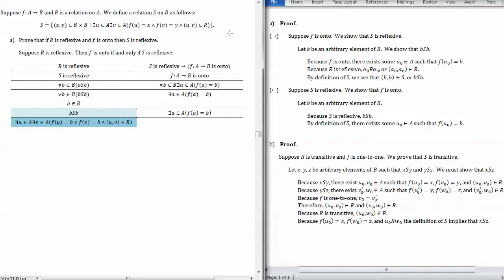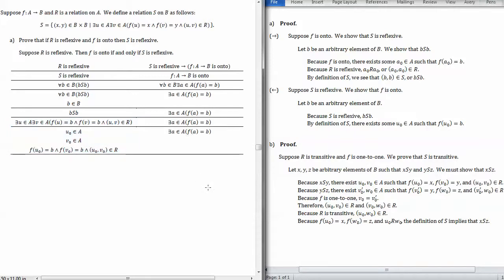Okay, and that means B is in S, and so once again we write out the definition using what's given. Existential instantiation gives us a u naught and v naught, each of which map to B, and they happen to be related to each other, but remember, we don't care about the related part, because we're just trying to find an element of A which maps to B, and we've done it, right? u naught is in A, and f of u naught equals B. So